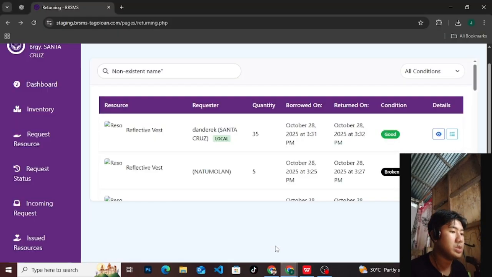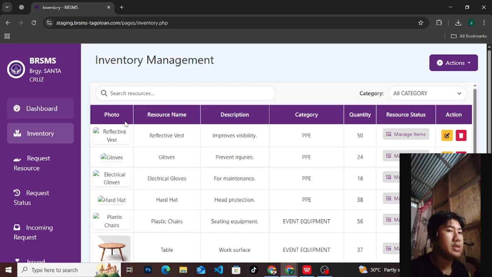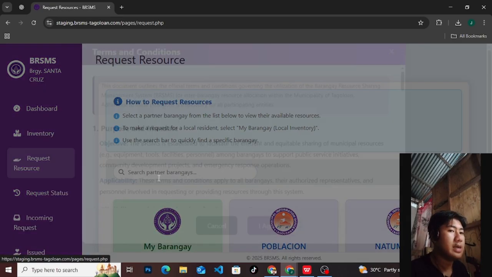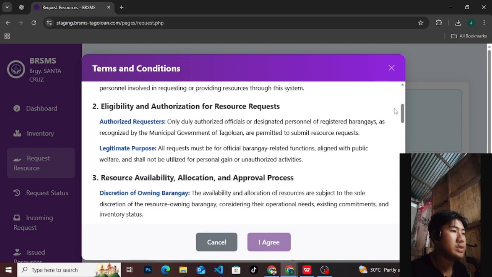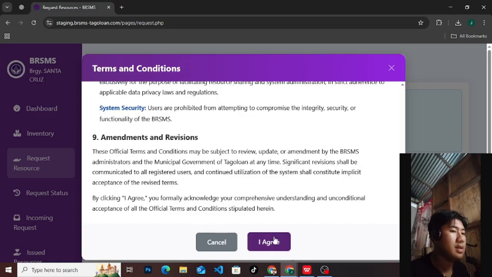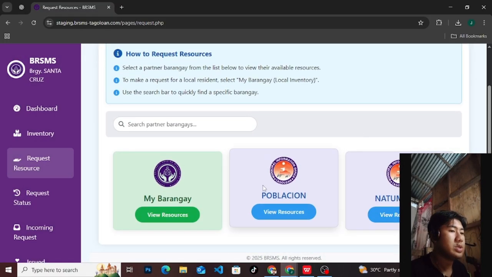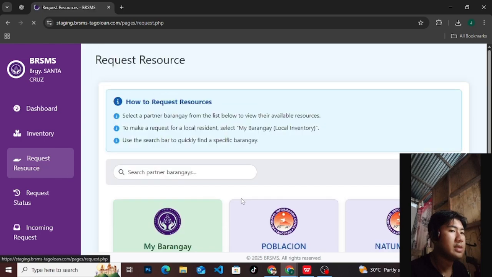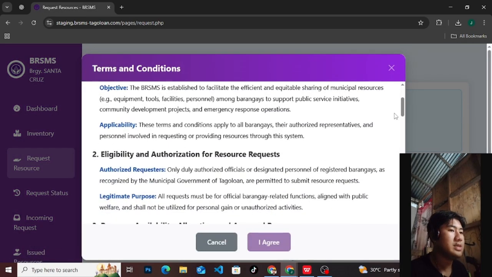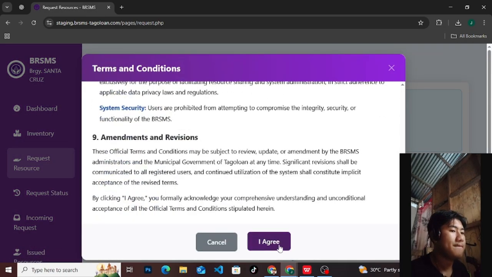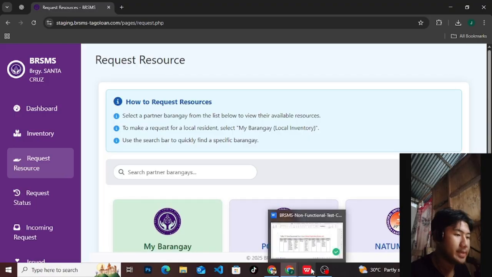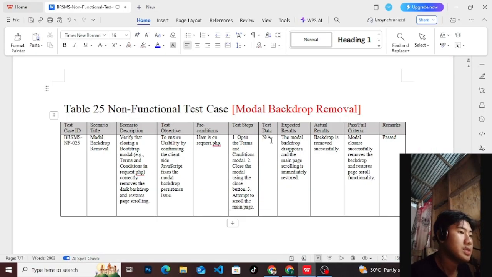So let's try. Inventory. Request resource. So this is the modal. Close. So let's try again. Okay, gray. So let's continue. Test data: N/A. Expected result: